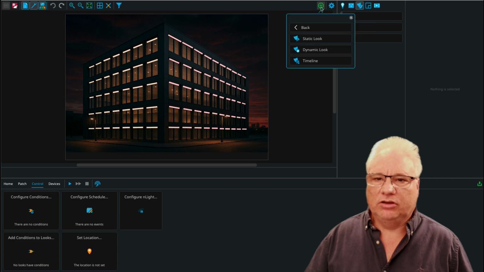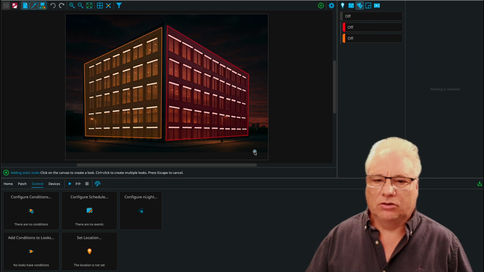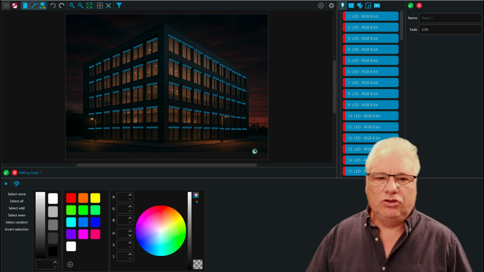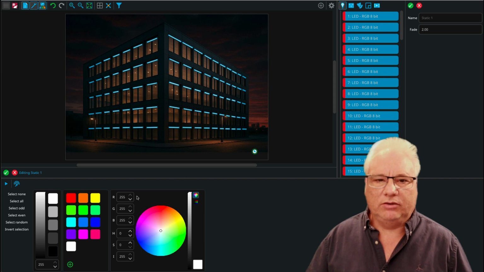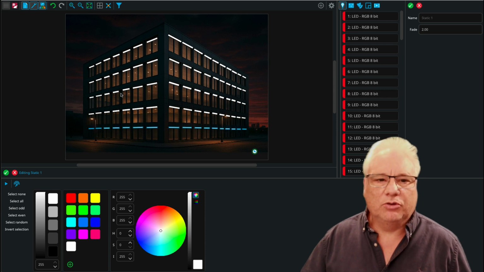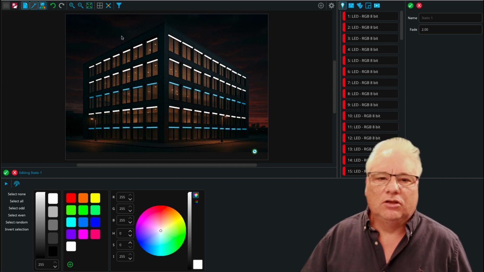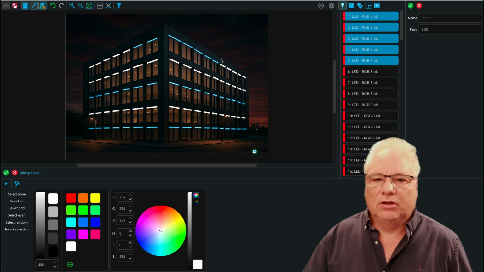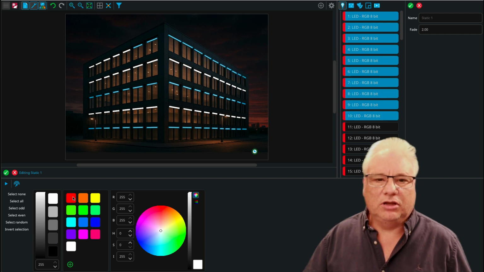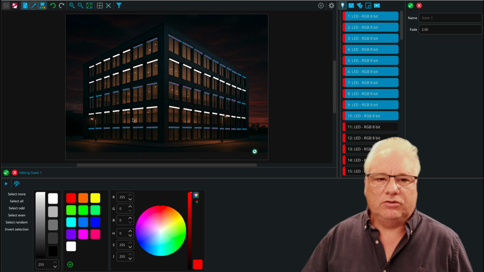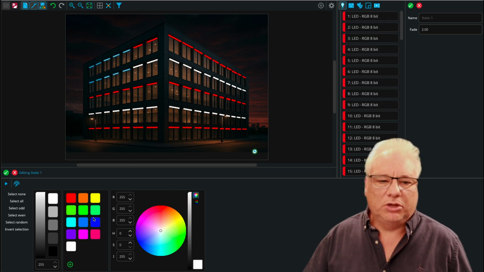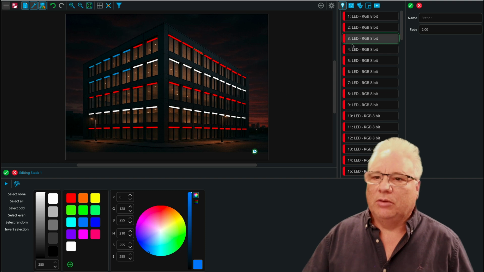So let's just add a static look into here right now. And I'm just going to drop my static look right there on the street. And now using all of these tools, I'm going to select all of the lights, take them to full. And that makes them white. And then I'm going to do a very patriotic thing here. I'm going to select these rows of lights here. I'm holding down the command key to select multiple lights. And you can guess what we're going to do here. We're going to make red and white, and then this top corner here we're going to make blue. And we're going to call this look